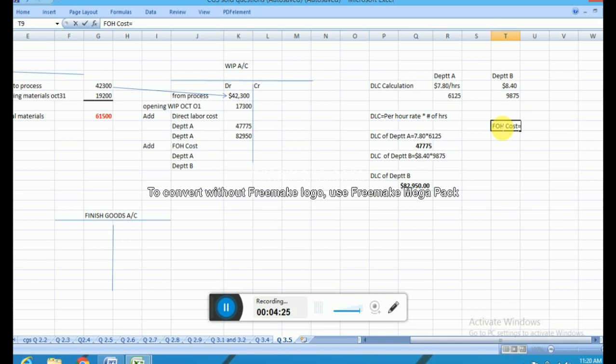The same formula: factory overhead cost is equal to per hour rate multiplied by number of hours. Now factory overhead cost for department A is equal to per hour rate for